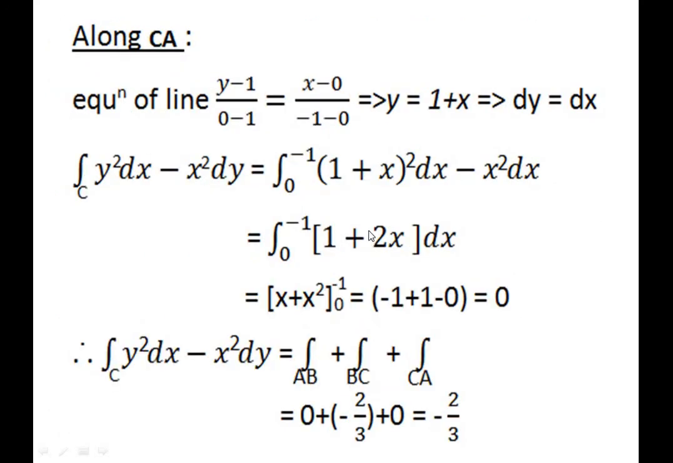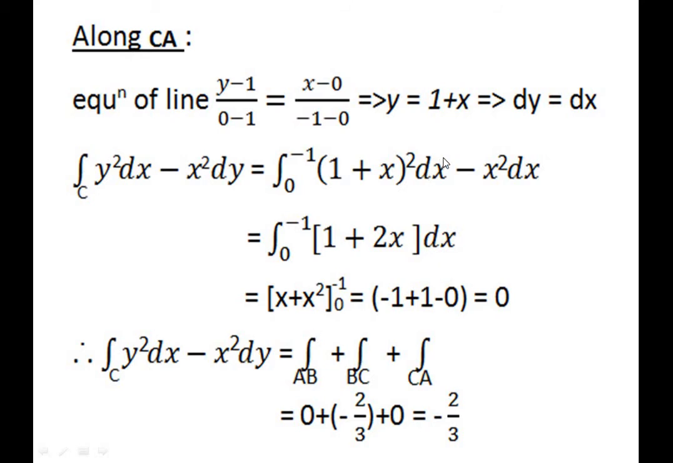Changing all terms in terms of x, we get integral 0 to -1. Instead of y we substitute 1/x, that is (1/x)^2 dx minus x^2. Instead of dy we substitute dx, that is x^2 dx. Then after calculation we get integral 0 to -1 of (1 + 2x) dx, and then integrating 1 + 2x